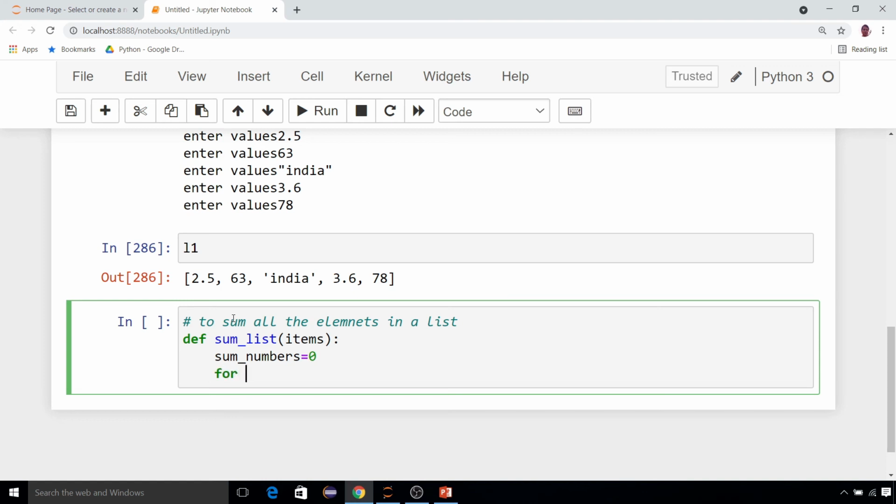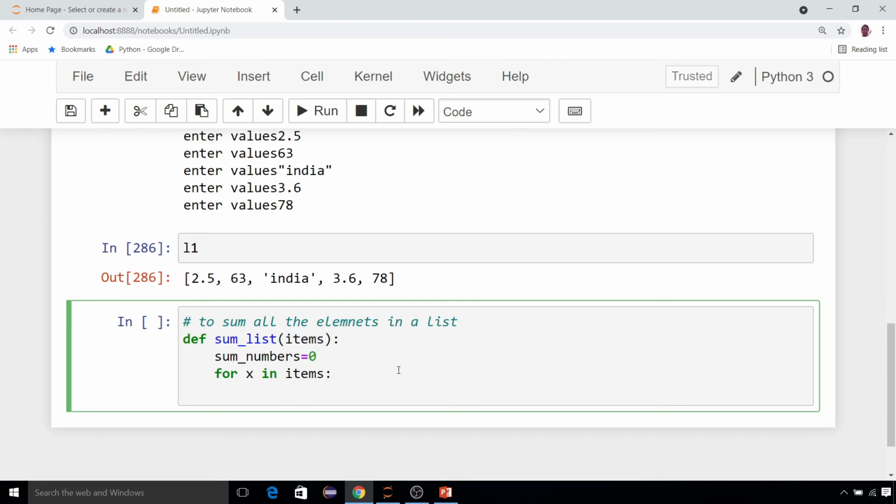After that I am checking for x in items. That means I am iterating over these items which the user will pass, putting one item inside x, and sum underscore numbers plus equal to x.